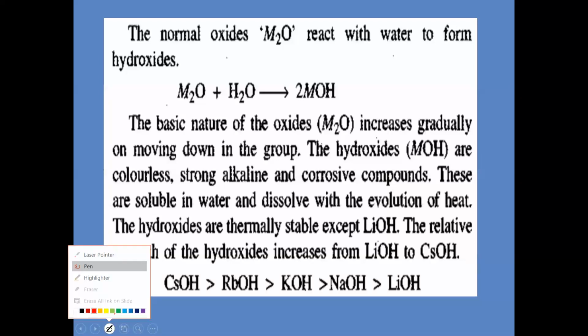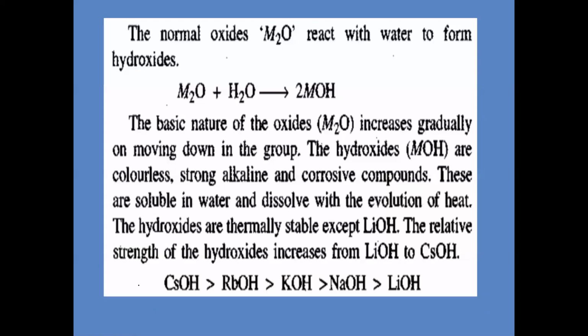Generally, the chemical properties of alkali metals are due to the presence of only one valence electron. Due to the presence of one valence electron, they are highly electropositive and lose electrons easily. Because of that, they have more reactivity, and they have low ionization potential. That's why they lose electrons easily and exhibit more reactivity. Now, some of the other reactions, see the normal